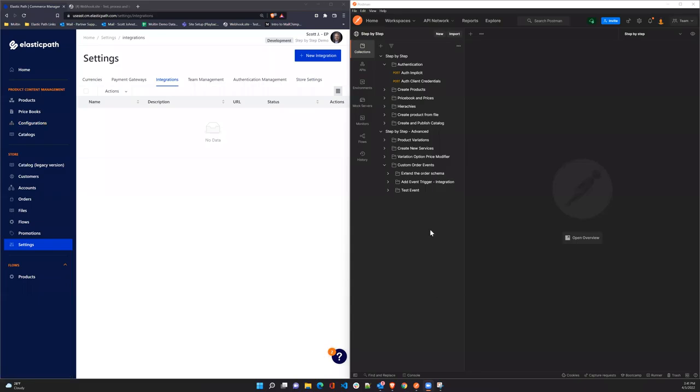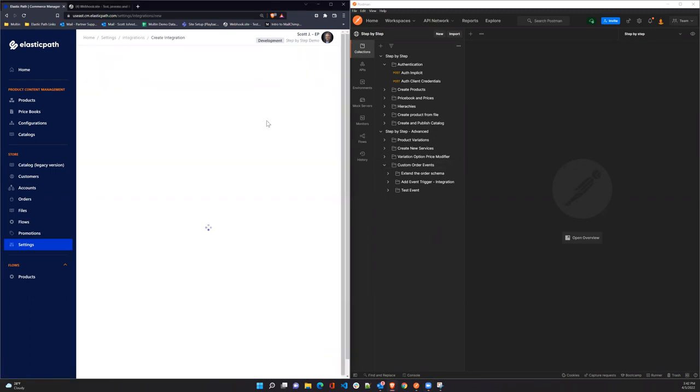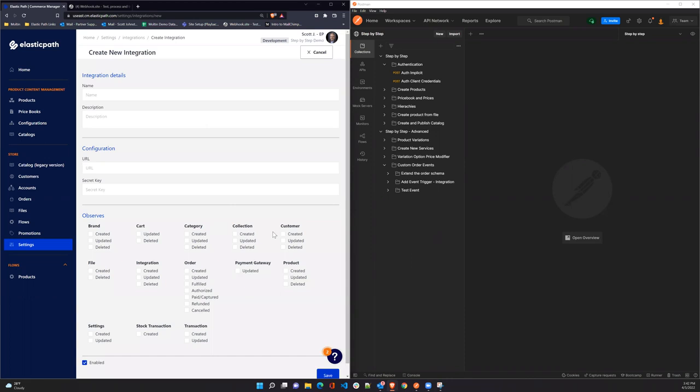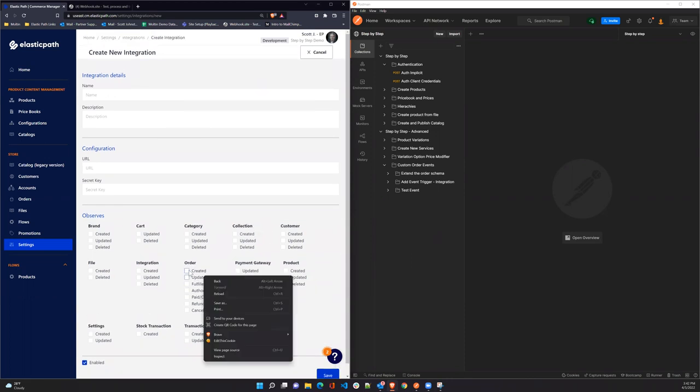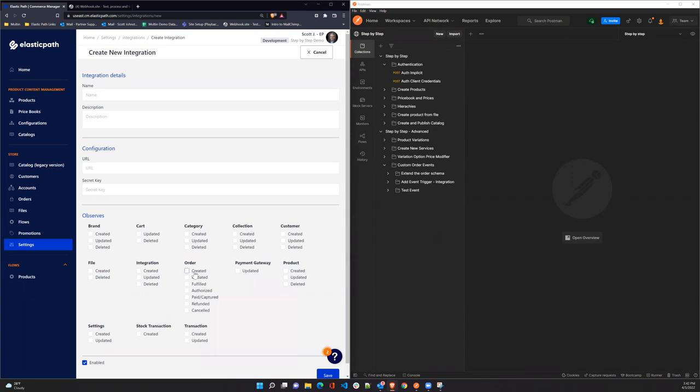Okay, the next thing we want to show is how to leverage custom order statuses that don't fall within the few that are available out of the box. Just to let you know what is available, let's go ahead and hop into integrations. And if we look right here under order, we've got the statuses of order created, order updated, order fulfilled, order